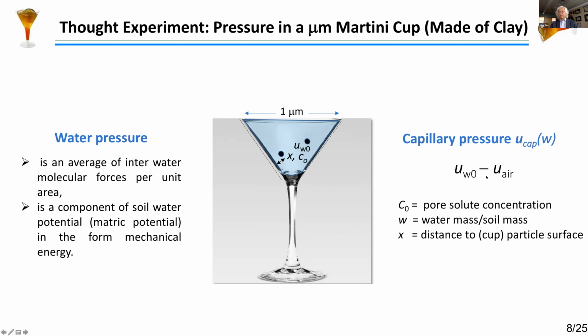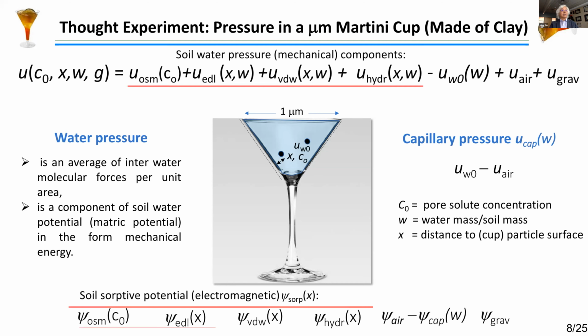If you look at it, there is an interface between that one. If it's a flat surface, then you don't have the pressure deficit across the interface. Now let's look at the pressure. Basically, the pressure is a function of the salinity you have in the larger pore, the distance that you are away from your solid soil, and how much water content you have, because under unsaturated condition,